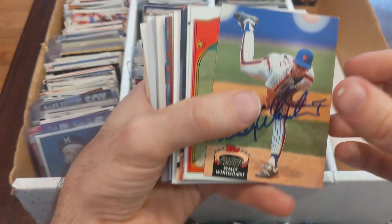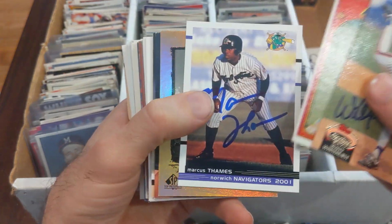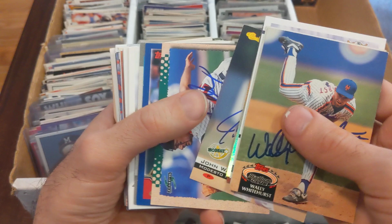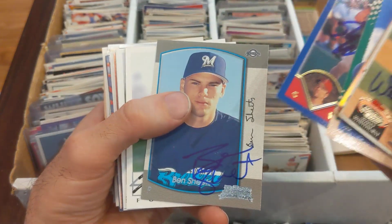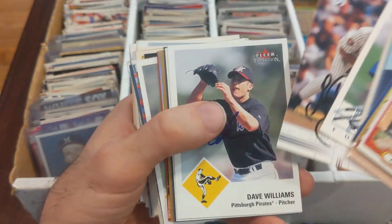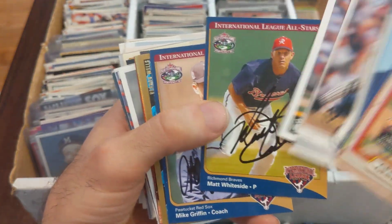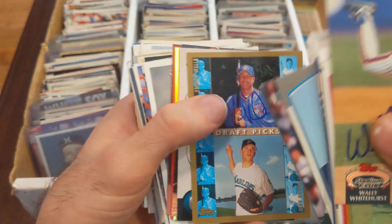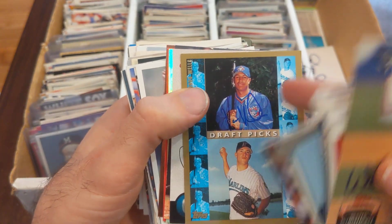We're gonna have to check out those index card autos because they are nice. There's Tim's Vernon Wells. Here we go. Ben Sheets again. That's on a rookie card too. Vernon Wells, okay, there's a signature. It's kind of hard to see. Kind of blends in with the uniform, but